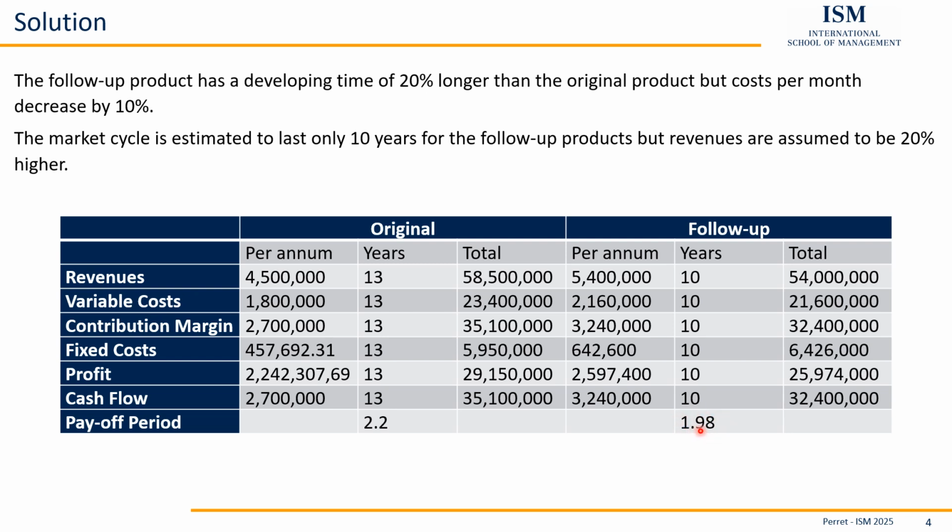So in this case, we can see that even though development increased in time necessary for it, and overall costs increased even though per month costs decreased, I can pay this off much earlier because I also generate higher